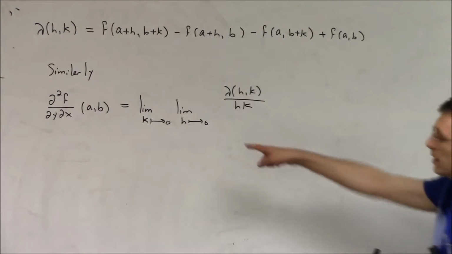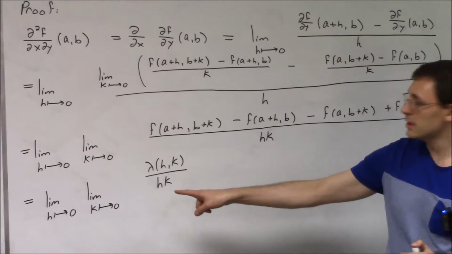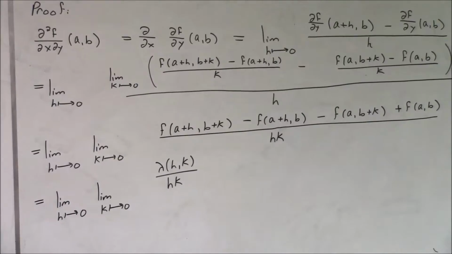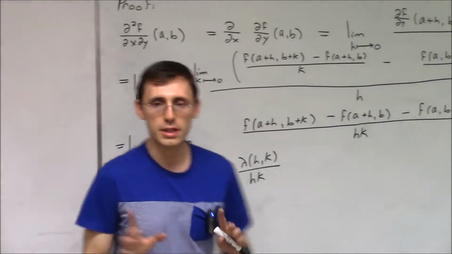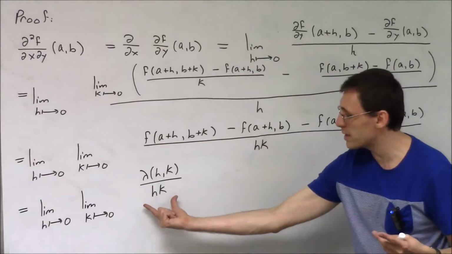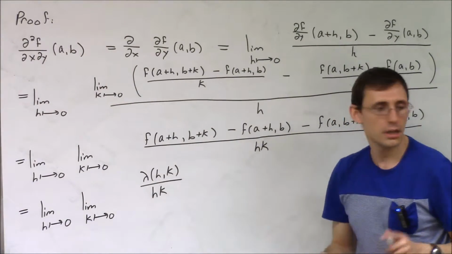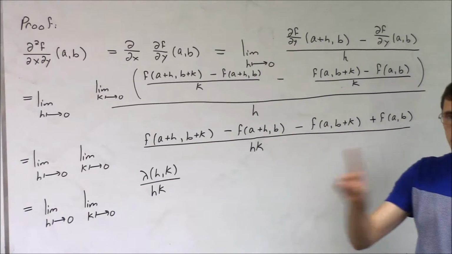If you expand, what you see is it's very tempting to believe that they are the same. What's different is the order of limits. Here, h is first, then k, and here, k is first, then h. You understand? In some sense, you might say they must be the same because it's very simple, very similar. But limits usually cannot be exchanged. You cannot usually interchange limits.